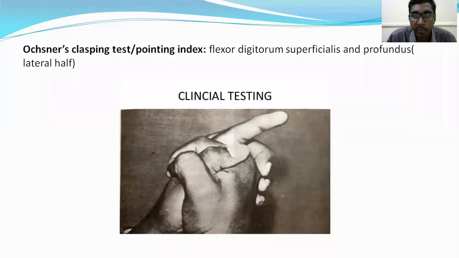Ask the patient to interlock the fingers of both hands and do like this. Patients with median nerve injury will manage that, but the index finger is supplied only by the median nerve. For the index finger, the flexor digitorum profundus is absent, so it is unable to flex and keeps on like this. This is called the prayer sign, or pointing index.